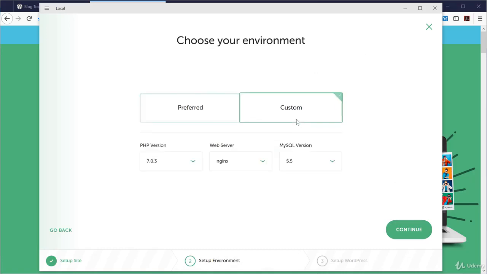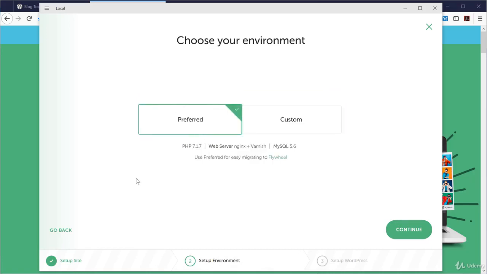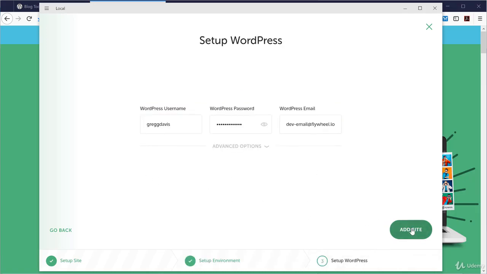You can choose a custom type of installation with the PHP version, the web server, and the database MySQL version. And if you've set up your defaults, you'll have a preferred version that it will have here. Let's just go and use the defaults and hit continue. And then you're going to be choosing your WordPress dashboard username and password specifically for this site. Again, you can set that as something that you always know is the default so that all your local environment sites can use the same username and password to make it easy for you. And then there's an email address that you can leave as the default,